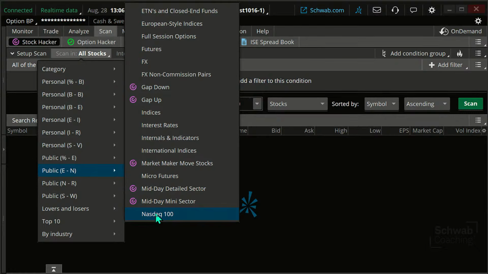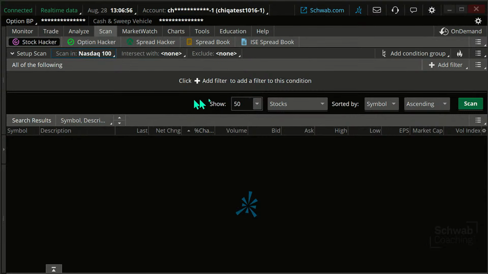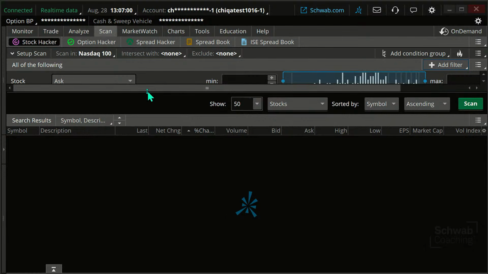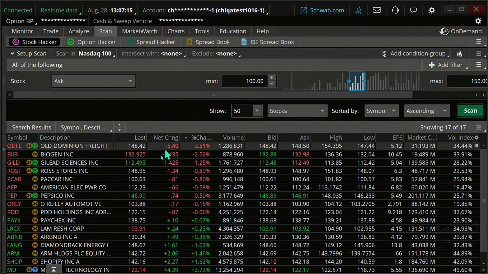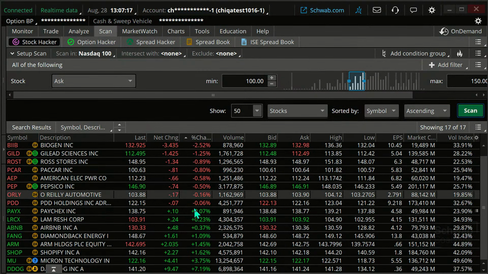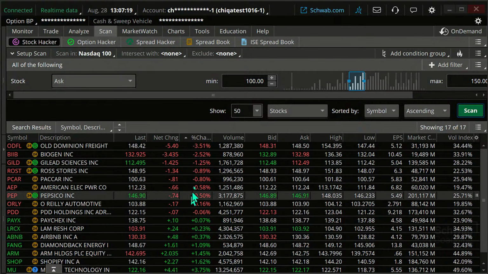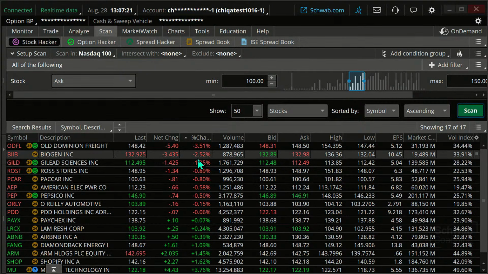I can click on NASDAQ 100, and then I can add a filter, and I can say I want a stock where the ask price is at least $100 a share and no more than $150 a share, and then I can click on scan. Okay, so that's just a basic scan. That's pretty straightforward here, but we're going to talk about customizing your own scans.